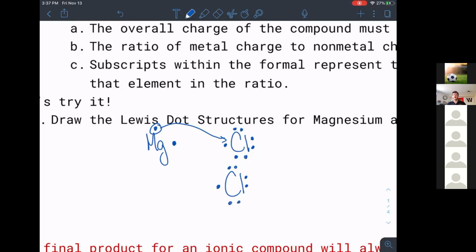So now what's going to happen with that second valence electron on magnesium? It's going to go to the chlorine. It's going to go to my second chlorine. And now are all my elements stable and happy? Yeah. Perfect. So now that we're done showing the transfer of electrons, we need to write out this final product